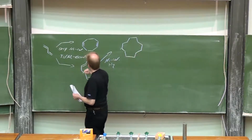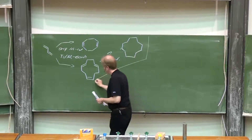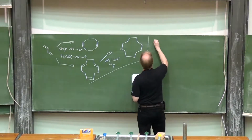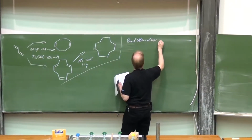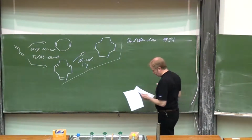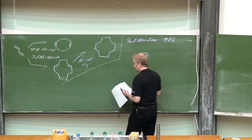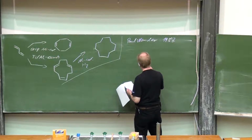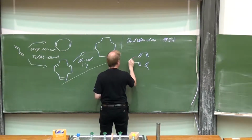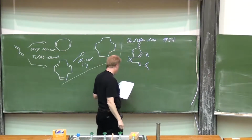For this type of cyclization, 4+4 cyclization, there are also interesting examples from academics. Paul Wender in 1988, at that time already at Stanford University, performed that 4+4 cycloaddition reaction intramolecularly, in the context of a natural product synthesis